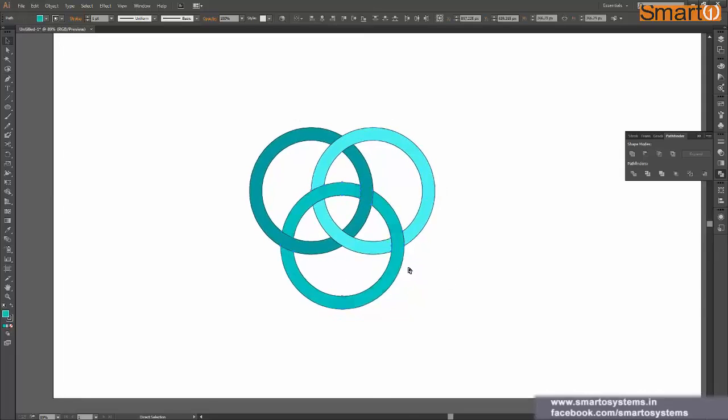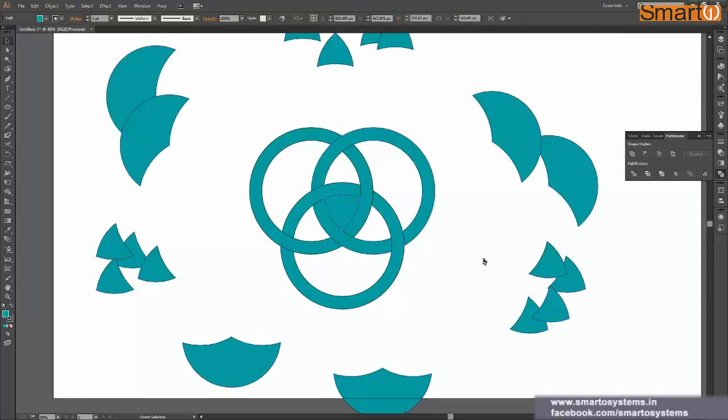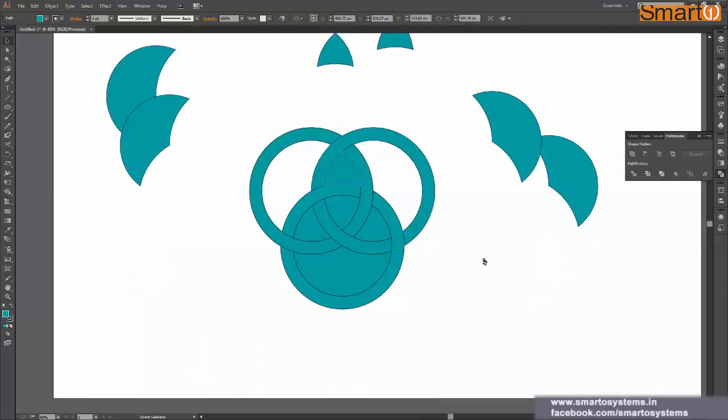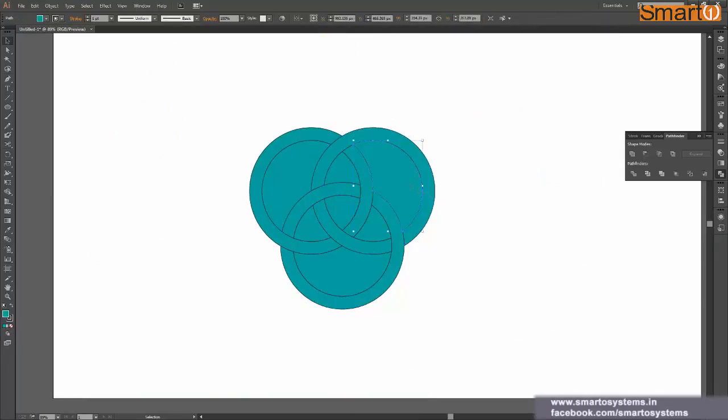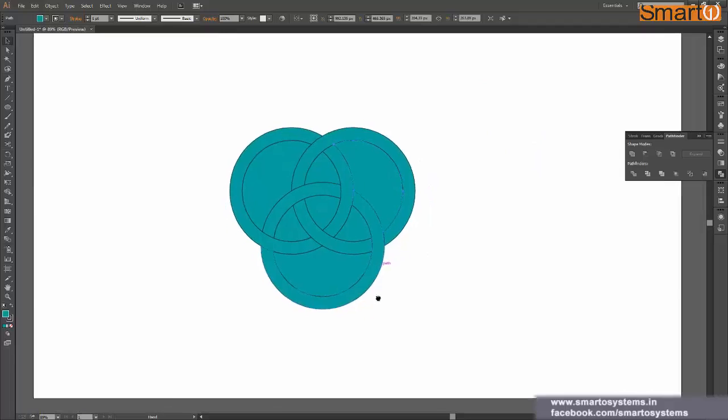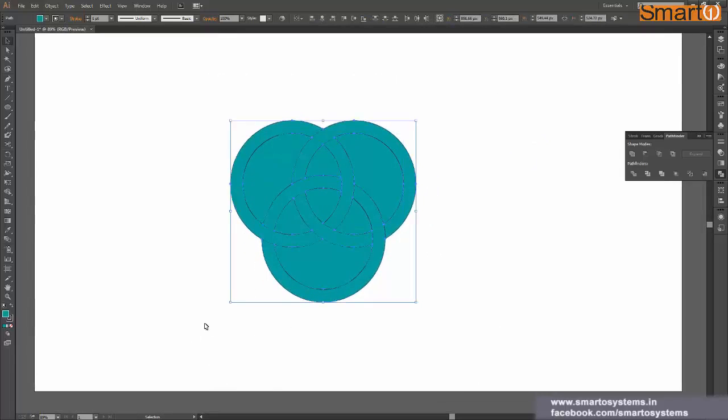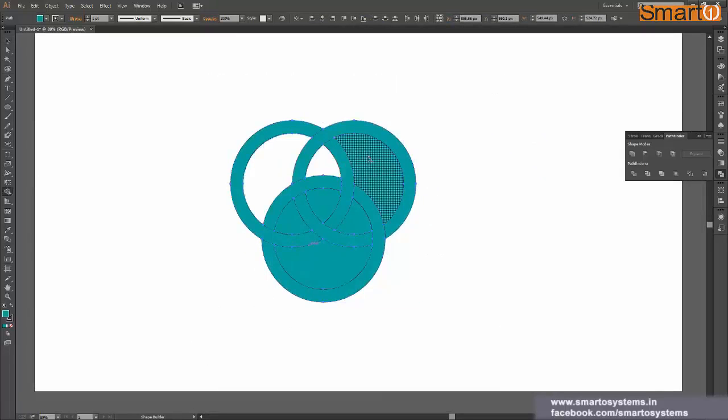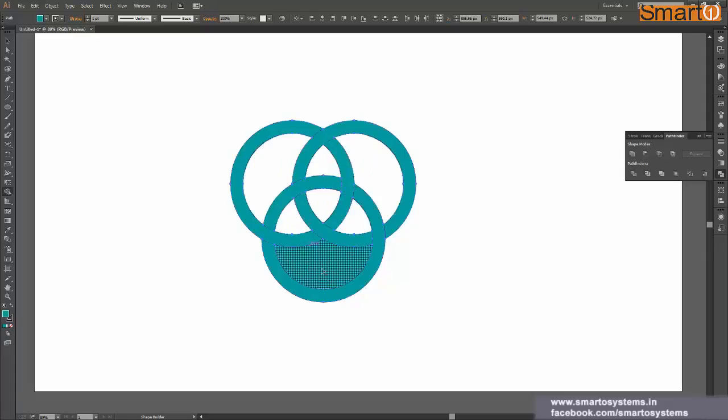Okay, but before that, let me explain one more thing. Over here, when we moved all the shapes and deleted them, instead of that, we can actually use the shape builder tool here, and we can press Alt and then just click on these shapes. So what will it do?